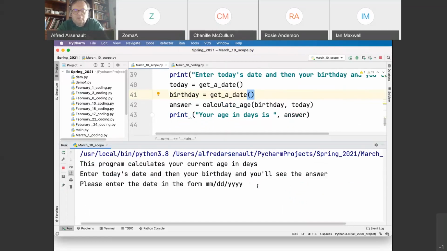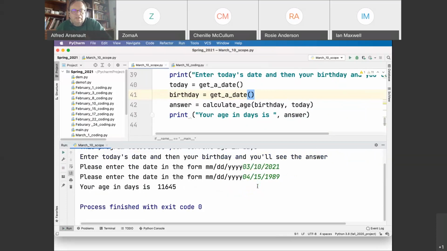Today's date, then your birthday. Today's date is 03/10/2021. Enter the other date. Well, yeah, I sort of remember. I can look at the screen. It's not too hard. That's my birth date. So let's go 04/15/1989, which is not really my birthday, but close enough. And we see that then my age in days would be 11,645. And so that's how this program is working with various functions and